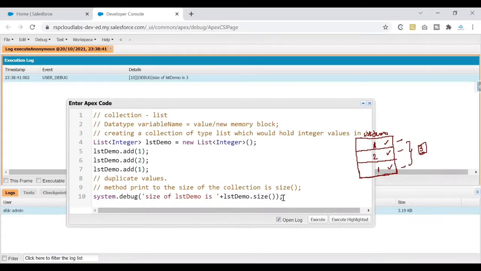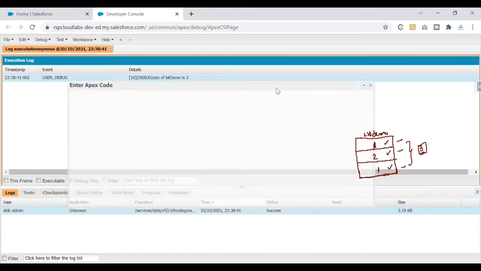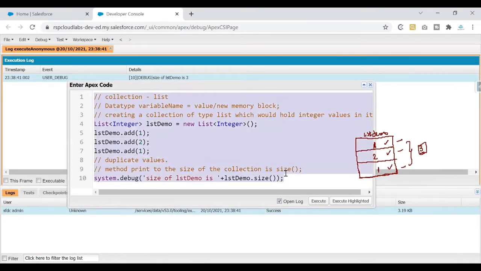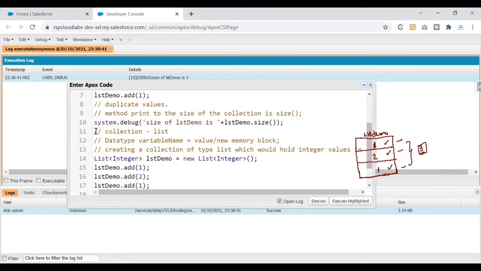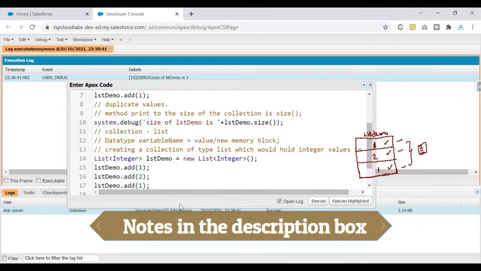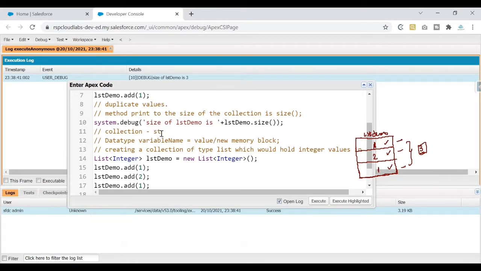If you have learned how to do this one, you can pretty much say that you also know the syntax of your set. Now, pay attention closely and see the magic of copy paste. So I've copy pasted this section once again. From line number 1 to 10, I've copy pasted it again. So now see the magic happening. Without learning anything, I'll teach you how you can convert your list into a set.